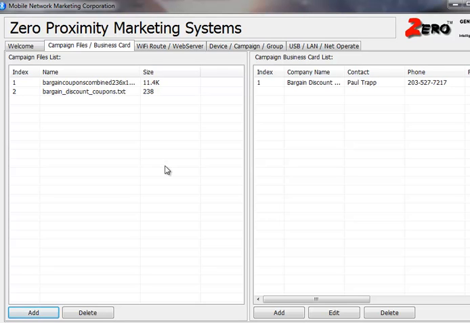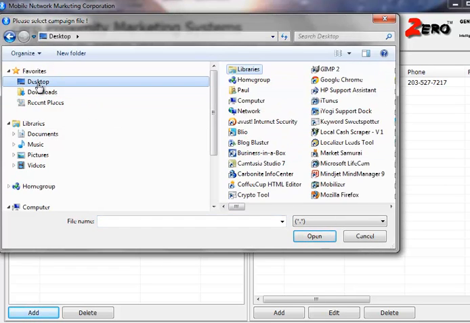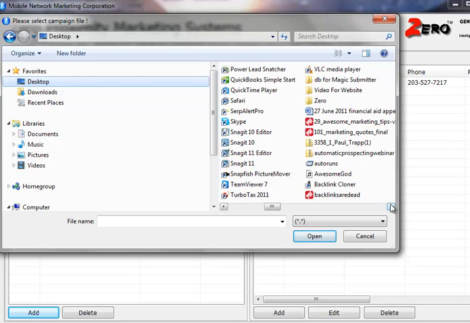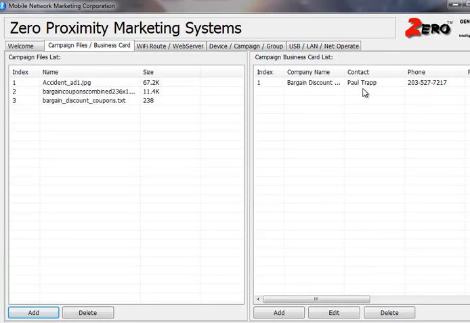Now, to add a file that you've created, and creating advertising files, we will cover also. We'll touch on how to do that, what your different options are for doing that. But for now, we're going to add one that has already been created, and you can see there's a little Add button down here. We're going to select that, click on that, which takes you to this navigation window, and I'm going to navigate to where I have some creatives loaded, and we're going to open up this, and I'm going to add this file here, which is for an accident attorney. So I'm just going to click on that, and as you can see, this now became